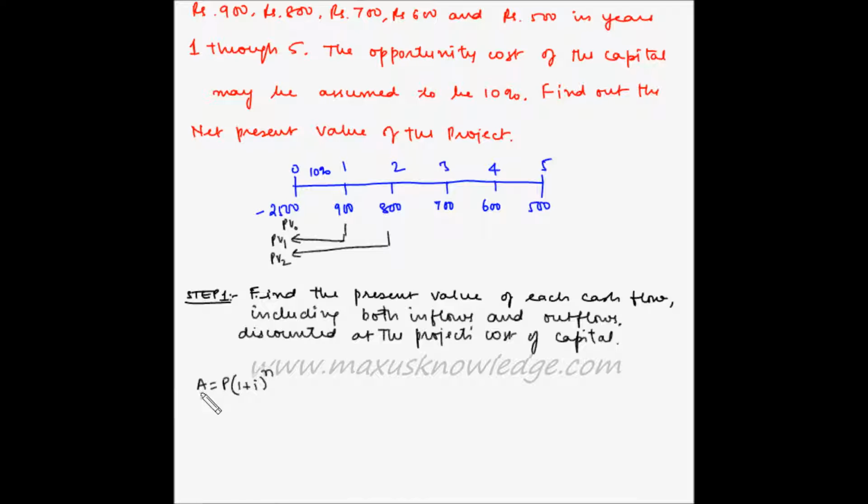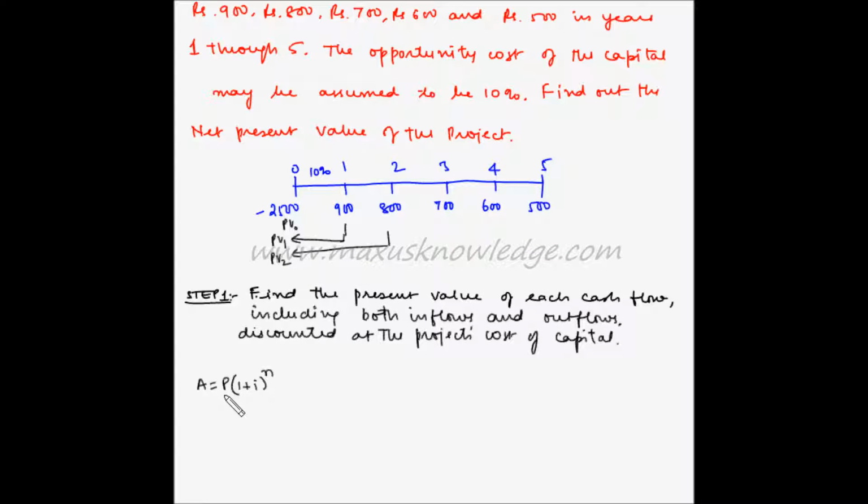Here A is the amount received at the end of the tenure, P is the amount which is invested at the beginning of the tenure, I is the interest rate per compounding period, and n is the number of compounding periods. Now A, as we mentioned, is the amount at the end of the tenure and P is the amount which is invested. So if we take this case,